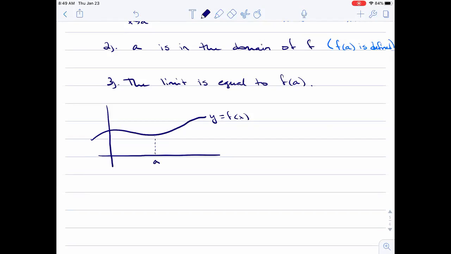And so here, let me see here. So at a, f of a, that says f of a, it's really small though. There. Still small. Right. So if it's continuous, then yeah, the limit exists at that point, and the function exists at that point, right? It's defined at that point,